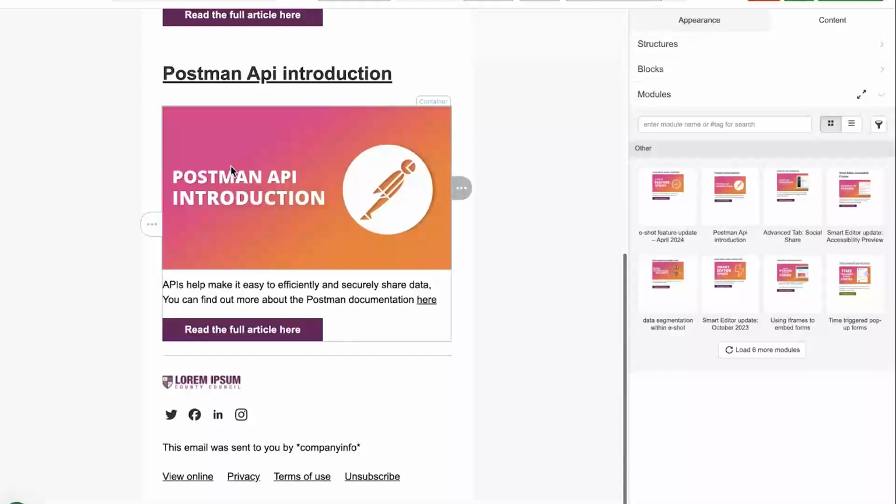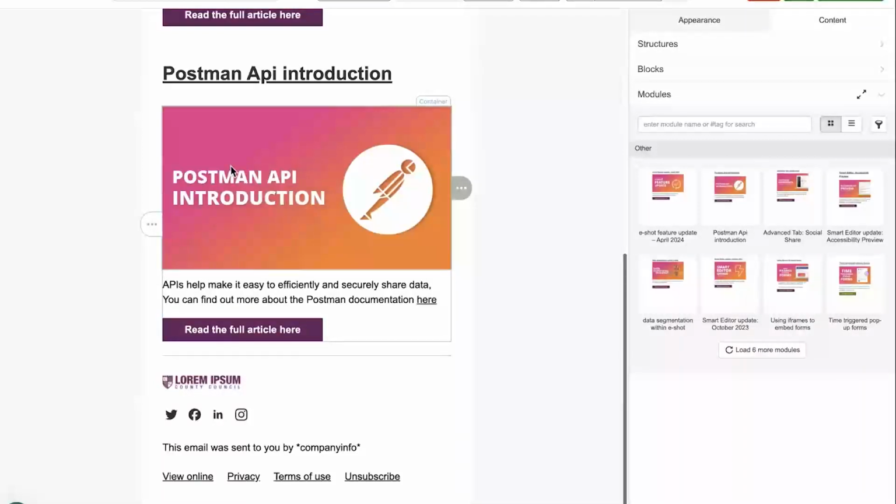And I dare say what a lot of you do is you then clone those stripes and then basically fill in the next one. And what you can do is, if you think, well, this is an article I'm going to reuse, this is something I'm going to promote in lots of emails, or I'm going to use time and again, you can save it